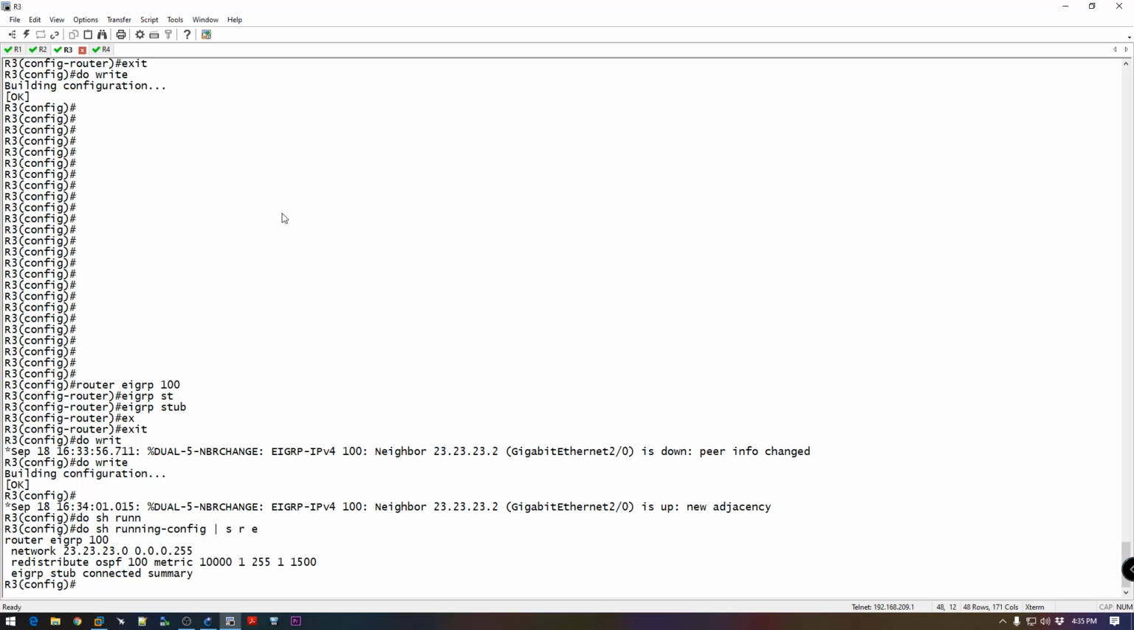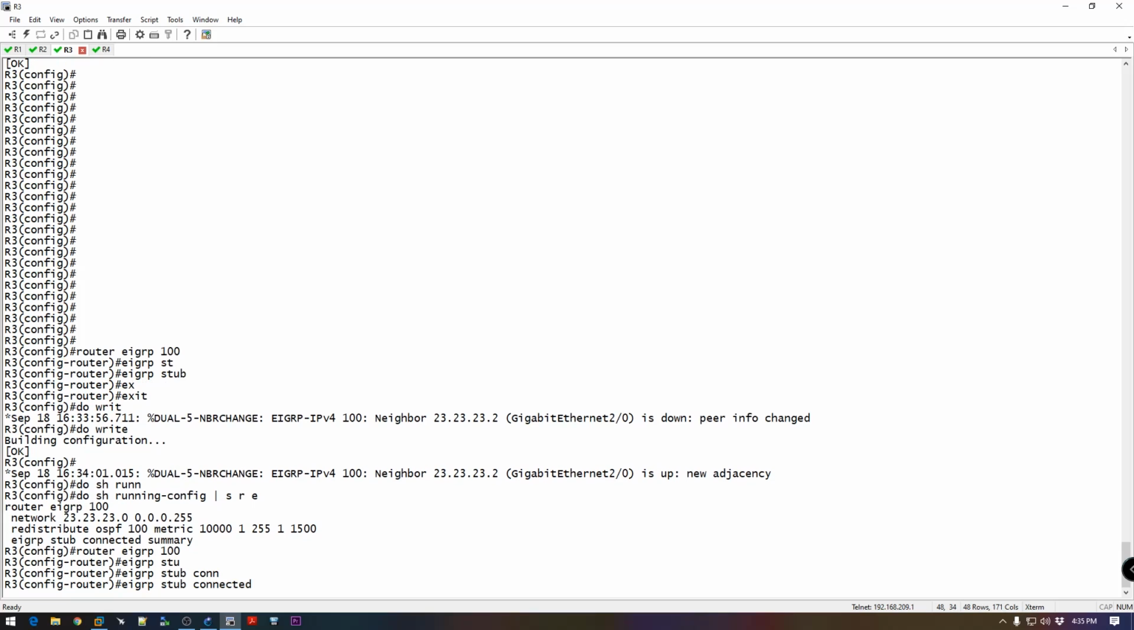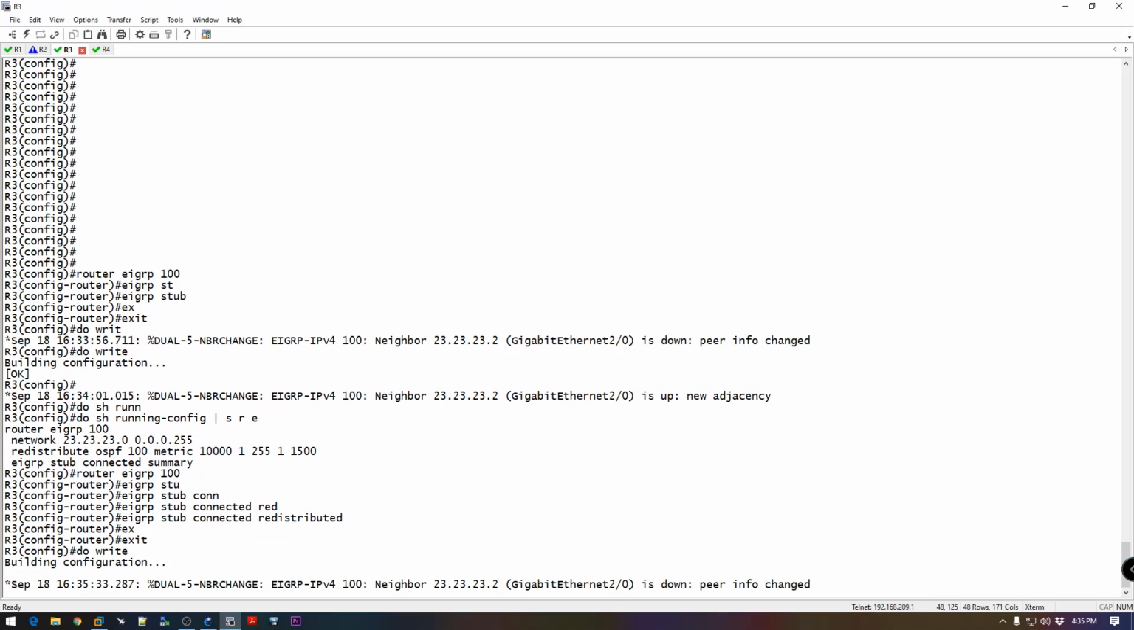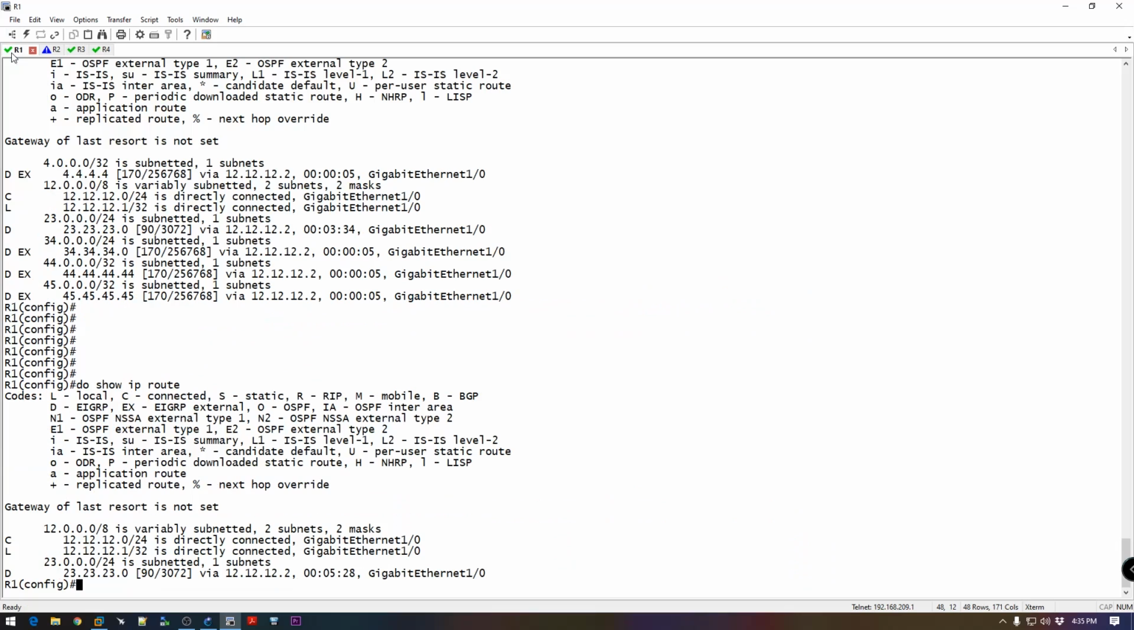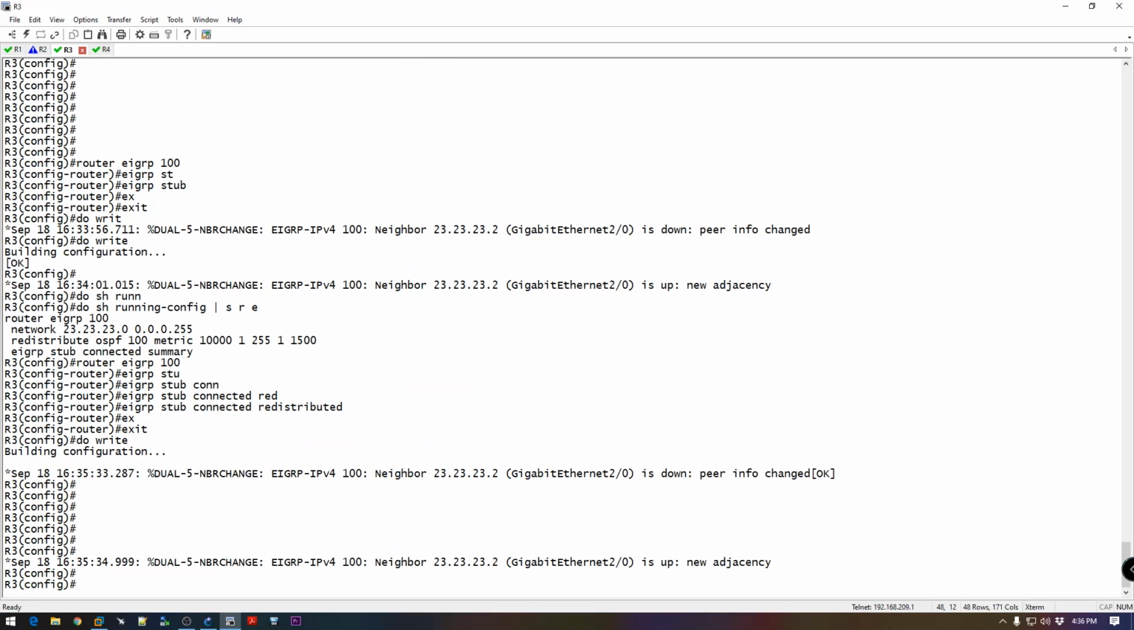In that case, it's actually a redistribution, right? So I'll do it like this: router eigrp 100, and I'll make it a stub with eigrp stub. I want to advertise connected, and I want to advertise redistributed. Let's see if we are getting all the routes on R1. You can see that all my routes 44, 45, 34, plus 4.4.4.4 are available now, because I advertise both connected as well as